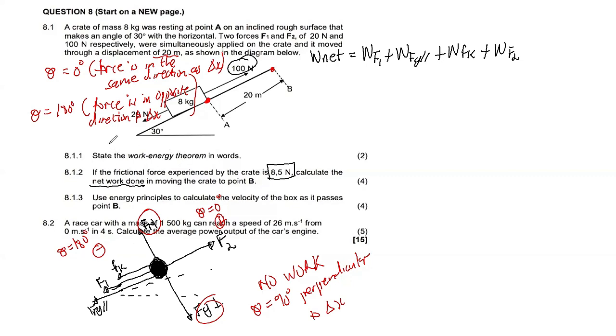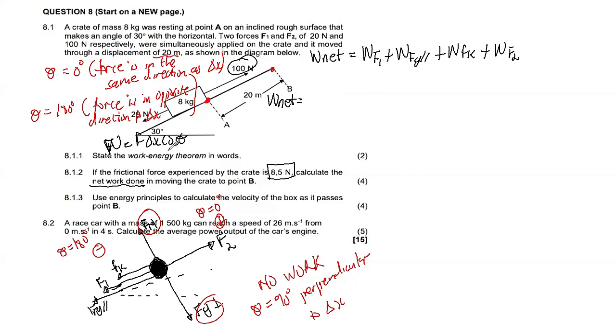Now remember, from this formula, W is equal to F delta X cos theta. We know that cos 0 degrees is positive, but cos 180 degrees is negative. So what really tells us if the force is moving in the opposite direction is you having to substitute 180 degrees, showing that it's a negative work done. Right. So we have our W net,